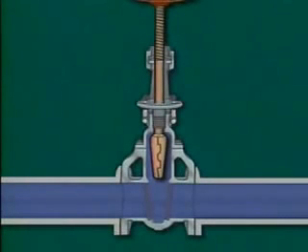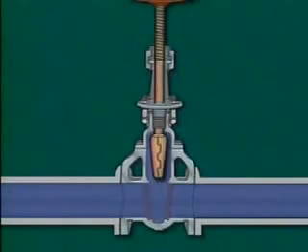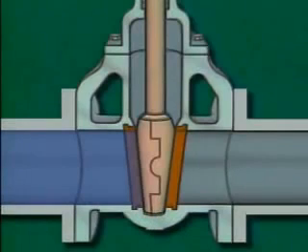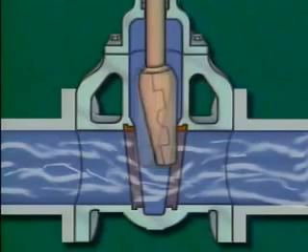Gate valves work best when they operate in either the fully open or the fully closed position. When a gate valve's disc is completely raised, fluid flows straight through the valve with little obstruction. However, if the disc is partially raised, a space opens on either side of the disc and fluid passes under the disc. This type of flow creates turbulence and causes the disc to swing from side to side, banging or chattering